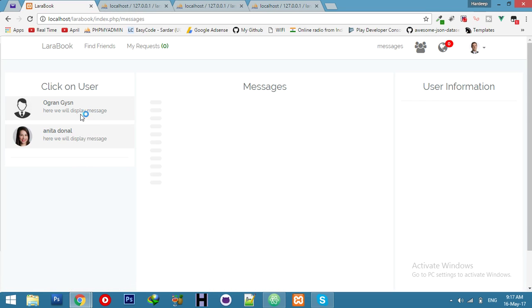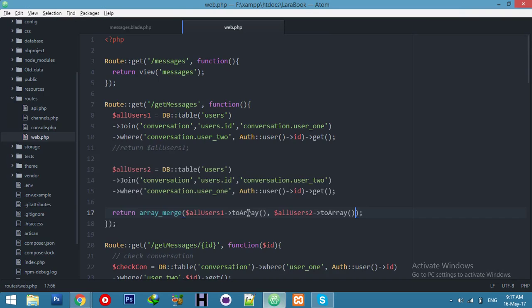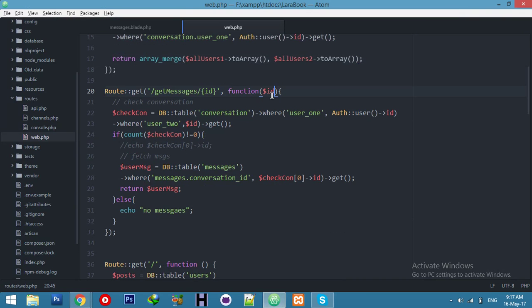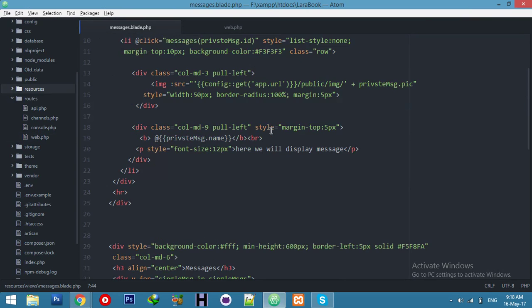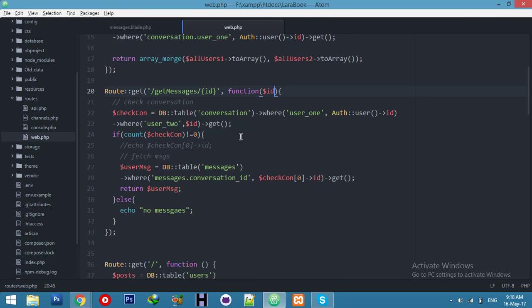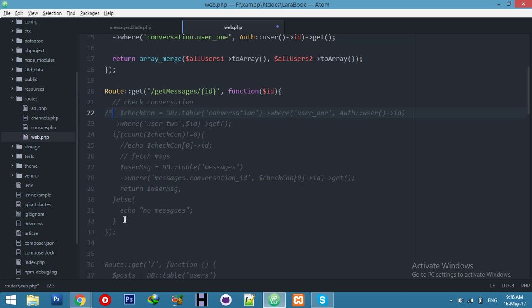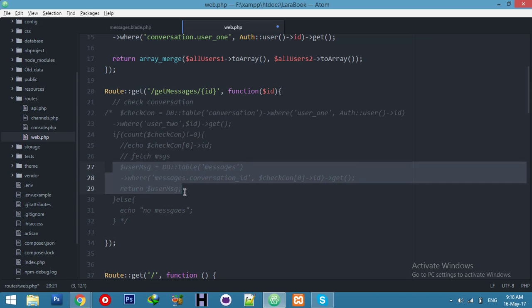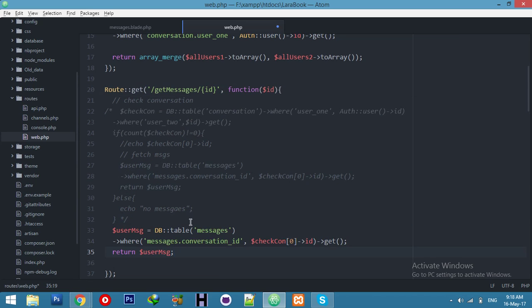Now you can see I am seeing nothing because I have to set this ID also. Go to messages. Here we are trying to fetch this ID. Actually this time the ID is equal to the conversation ID. For that just comment out all this, we don't need all this data. Okay, just copy this user message. We want to display user message,